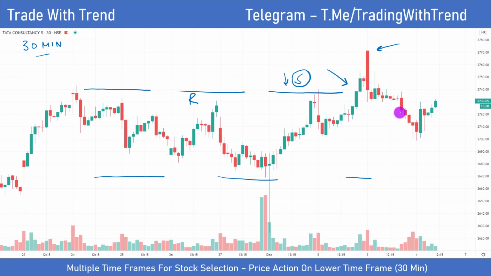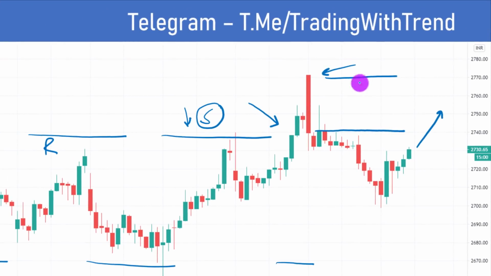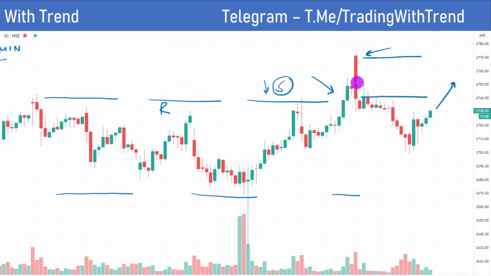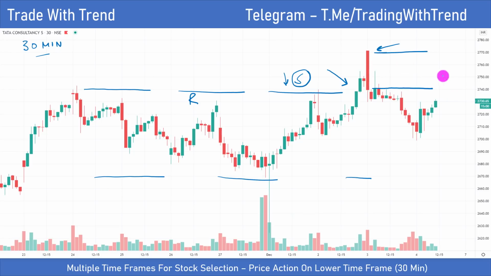Yes, price has retraced back a bit, but I think TCS is in a strong structure. We should again see price moving above this particular level, that is 2740, the previous breakout level. But for me, in the very short term, this range is actually very important. This is again a key price volume analysis concept. Such candles do pose stiff resistance for price. And that is why in the previous slide I mentioned that if price can go past something like 2760 with strong volumes, then I think the further up move in TCS will continue with momentum.